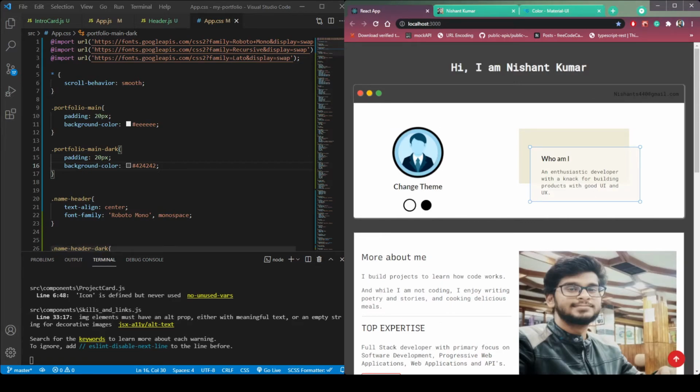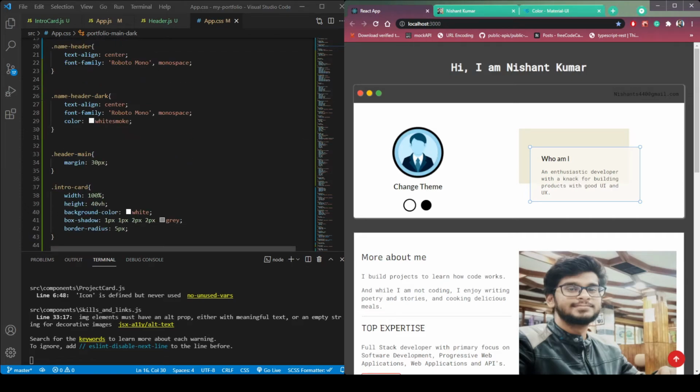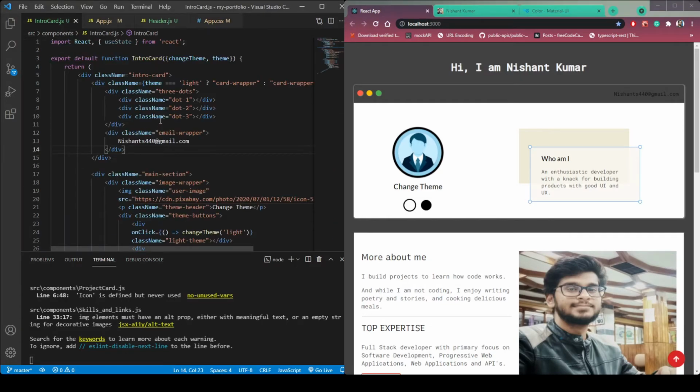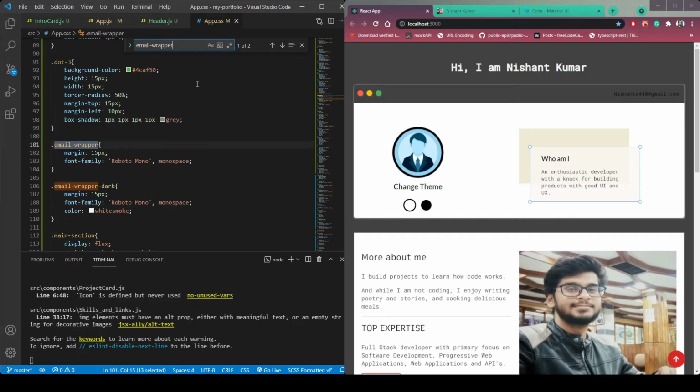Now we need to change the theme inside this card wrapper. So let's do that. In this intro card.js, let's change the theme of this email wrapper, our email card. So similarly search for the email wrapper class in app.css, and we already have an email wrapper dark.